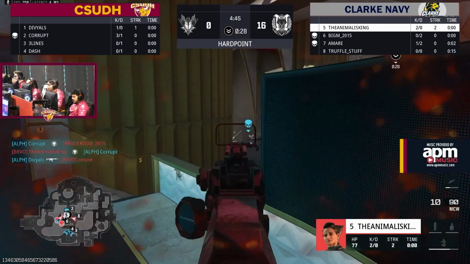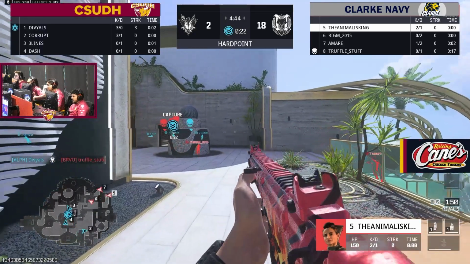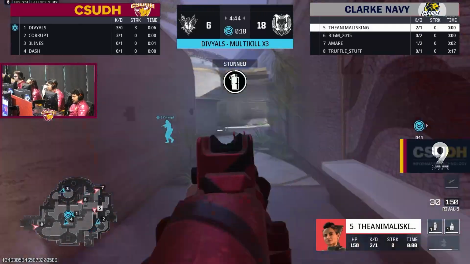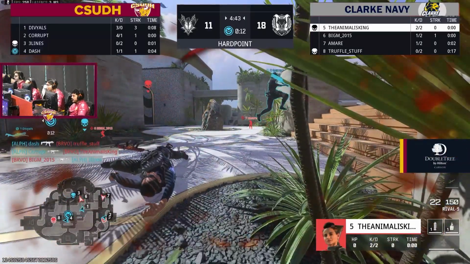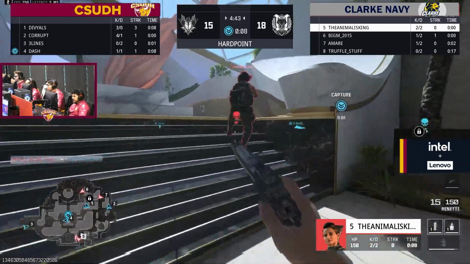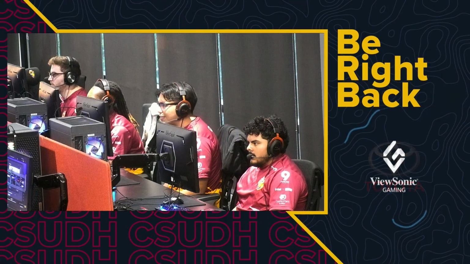And looks like he does. See if he gets the guy off DJ, and he does as well. Looks like CSUDH now got control of the hardpoint. What a great flank by Divs, giving control for our team. We got some great exchanges by CSUDH. Holding down the rest of P1. It looks like everyone's rotating to